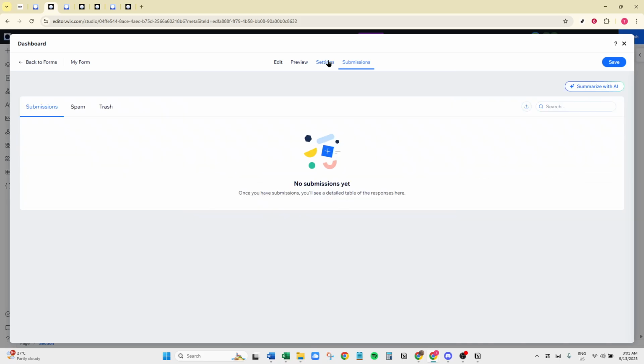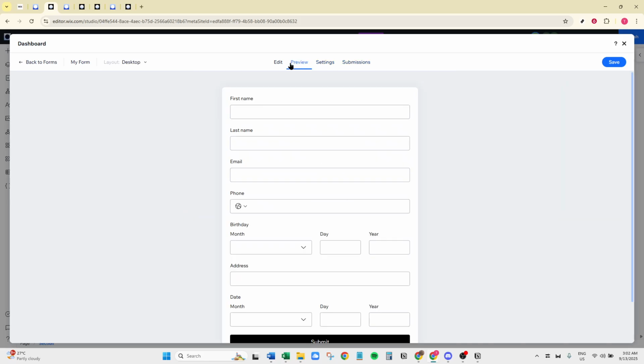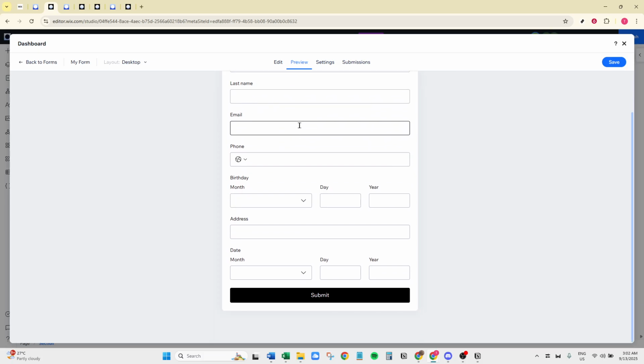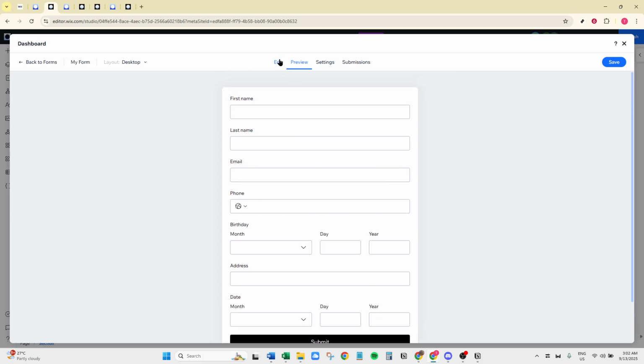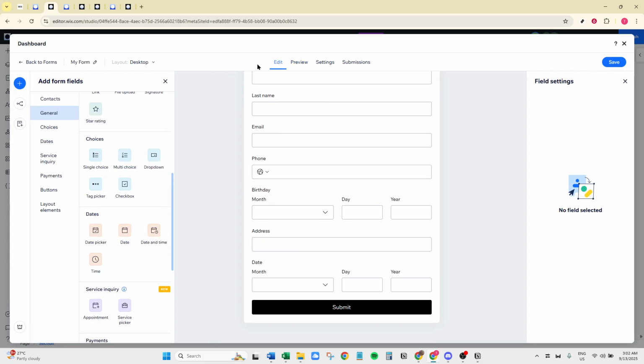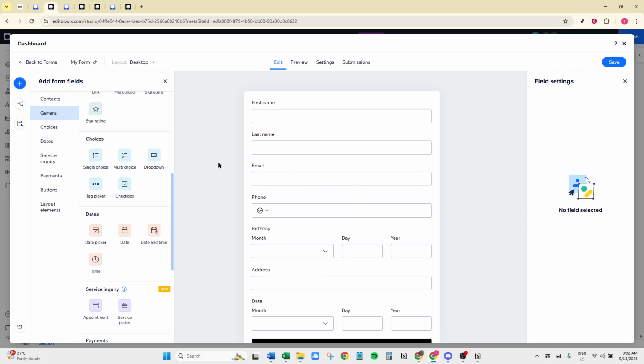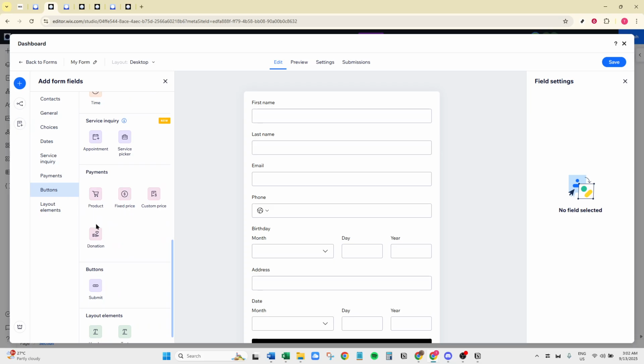Finally, it's time to style your form to match the rest of your website. Click through the design options and make adjustments to fonts, colors, and sizes. This is your chance to ensure that the form is not only functional, but also visually consistent with the rest of your site. It reflects your brand identity and complements your design.